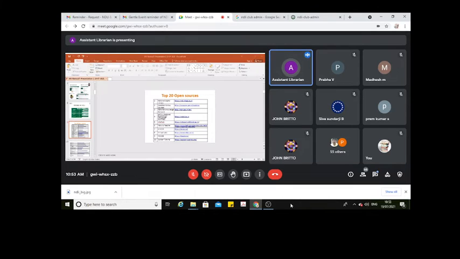If we go to Google, a lot of information comes, and we cannot filter it as we require. But through NDLI, in minimum time, we can reach our requirement through refined search.